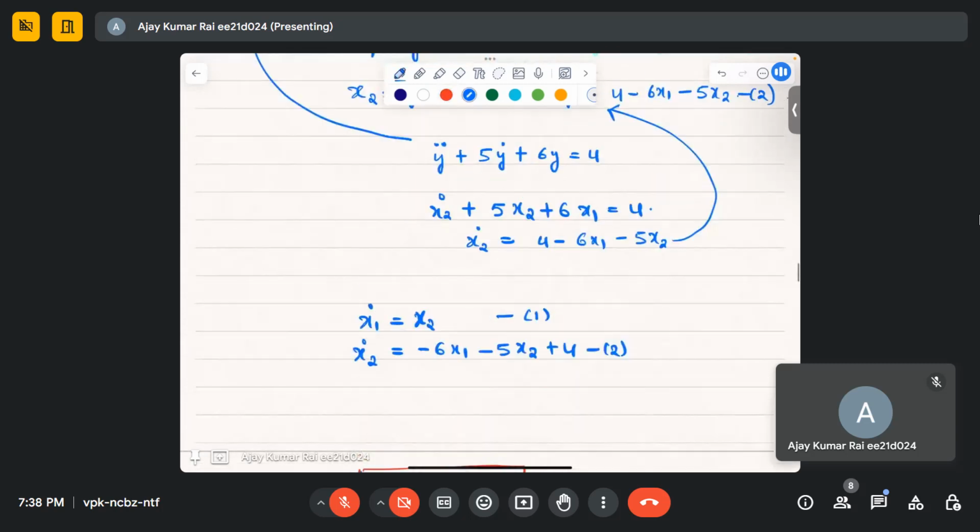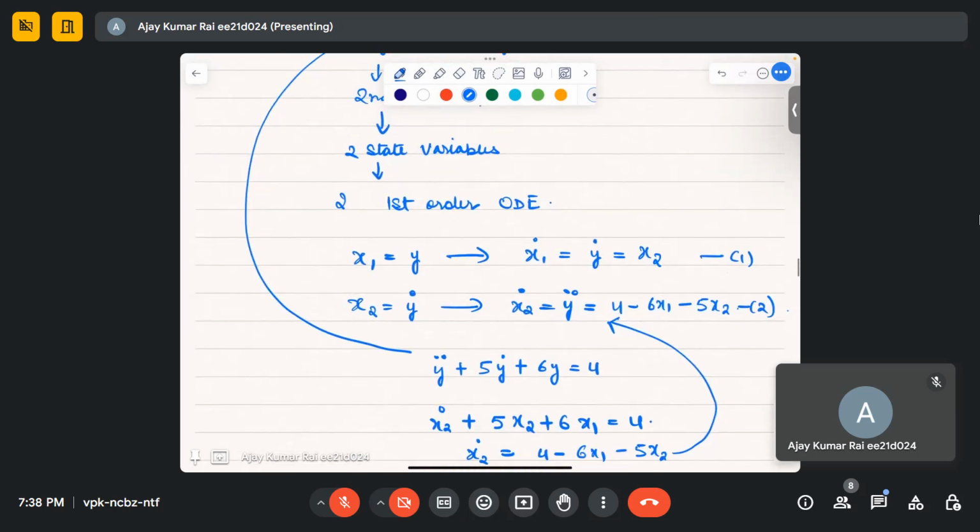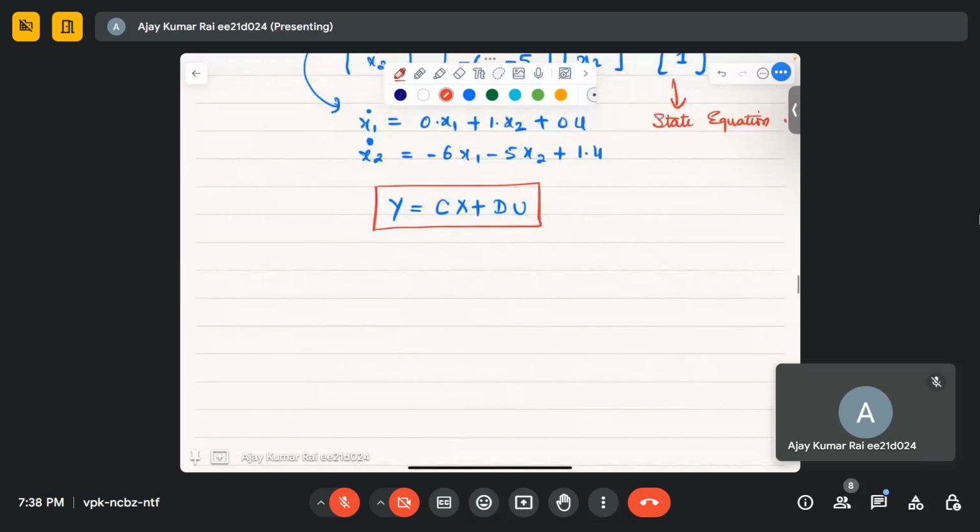Okay, so just see this output. I'll use this equation, so I'll just highlight this: y equal to x1, because that is the output we are choosing. Okay, y equal to x1. So if you write in terms of matrix, what you'll get, you'll get this: 1 0 times x1 x2